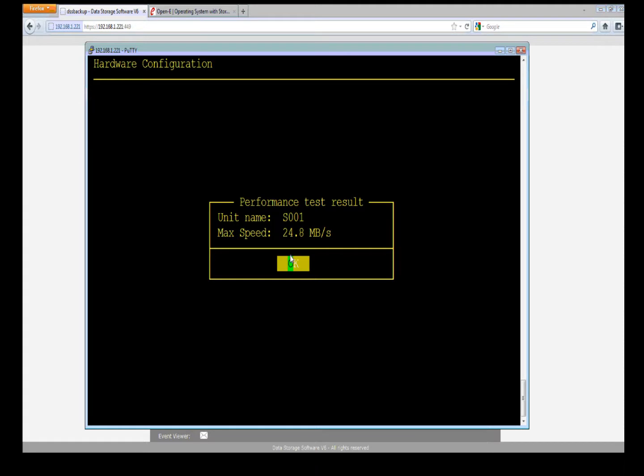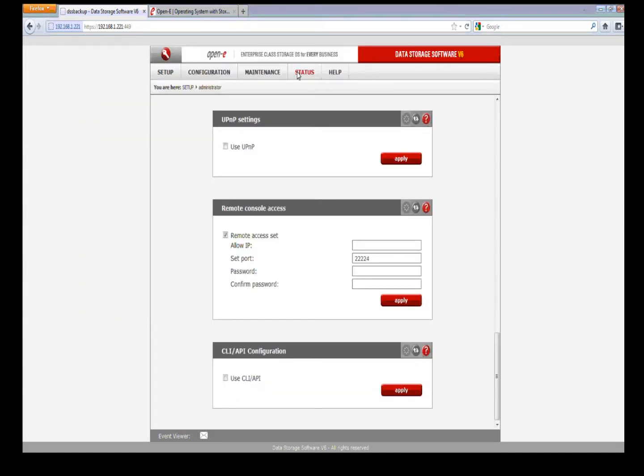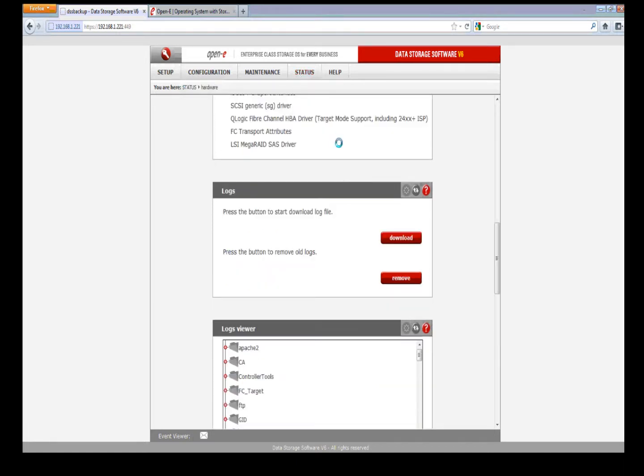Well, if we're getting speeds like that, that tells us we've got an issue here. So what we ask for is the logs. To find that out, the engineers will typically ask you to go to Status, Hardware, Functionality, right in DSS, and here you can download the logs. So when you download the logs,